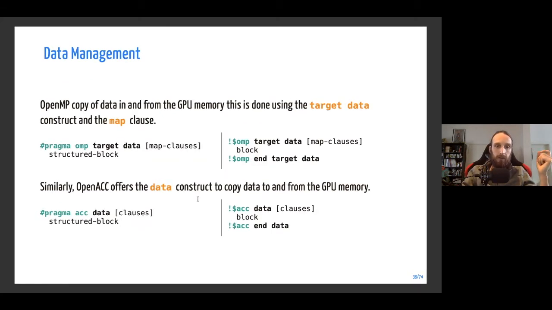So this is the summary of this directive. With OpenMP, you use target data to give instruction to the compiler on how to copy your data to the GPU and from the GPU, and in OpenACC you use the data directive.